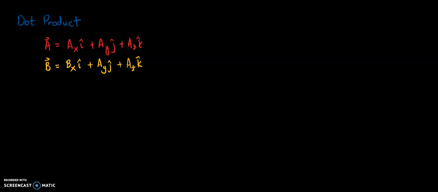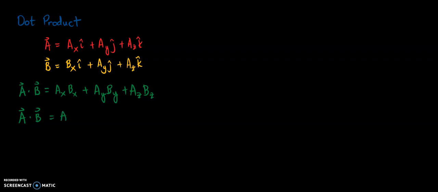To find the dot product of these vectors, A dot B is equal to A sub x B sub x, plus A sub y B sub y, plus A sub z B sub z. Or the dot product of two vectors can also be calculated by AB cosine theta, wherein